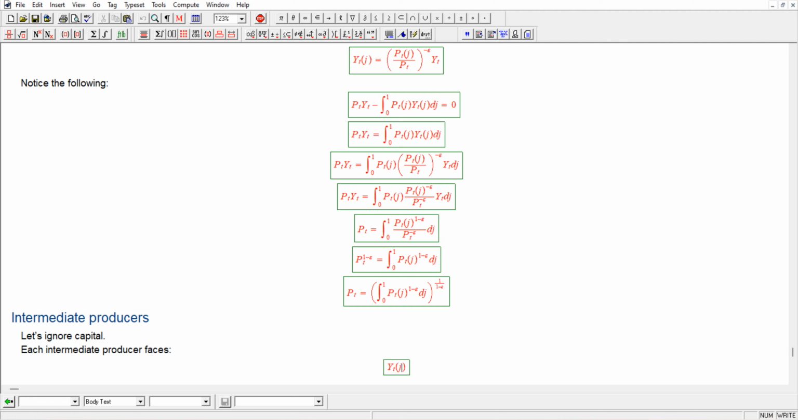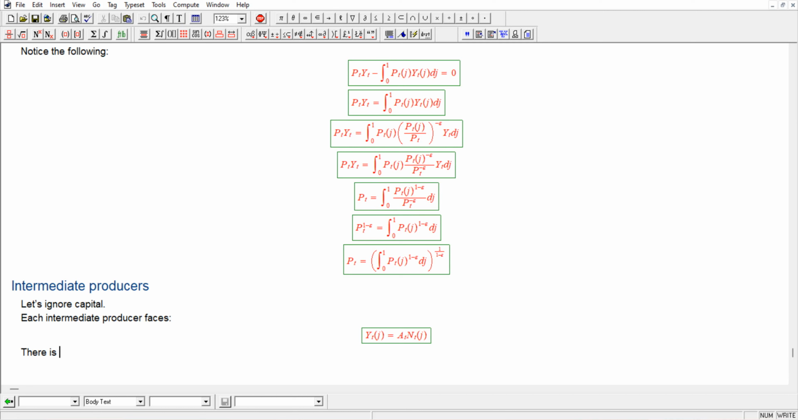Yt of j is going to be their output, and there's going to be a productivity term, which again we've looked at before and is common across all firms, and you have to choose their labor input. There is a common wage W sub t, which is competitive, so that describes their cost structure. What about their pricing? Their pricing has a particular structure, which is called